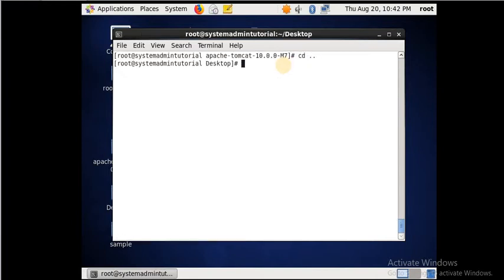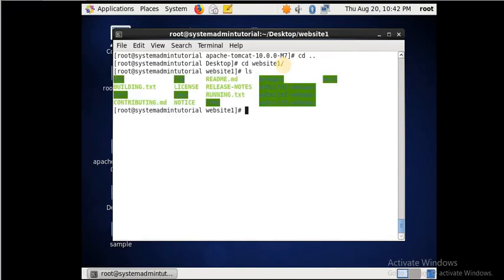So get back to our desktop directory, then cd into the website 1 directory and test the file. Here you can see everything is there.